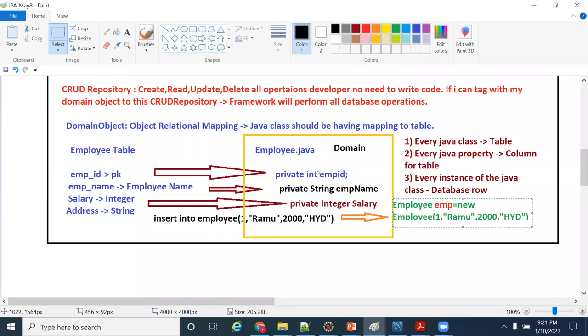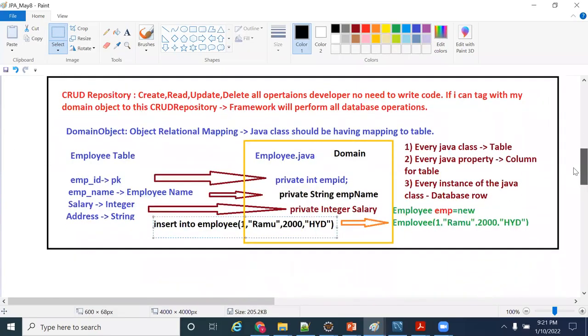Every property, empId is mapped to emp_id, empName to emp_name, salary to salary, and address to address. So if I write this statement, the ORM framework will write insert into employee 1, Ramu, 2000, Hyderabad. All those things will be inserted by the ORM framework. This is a little bit of introduction to the ORM framework.